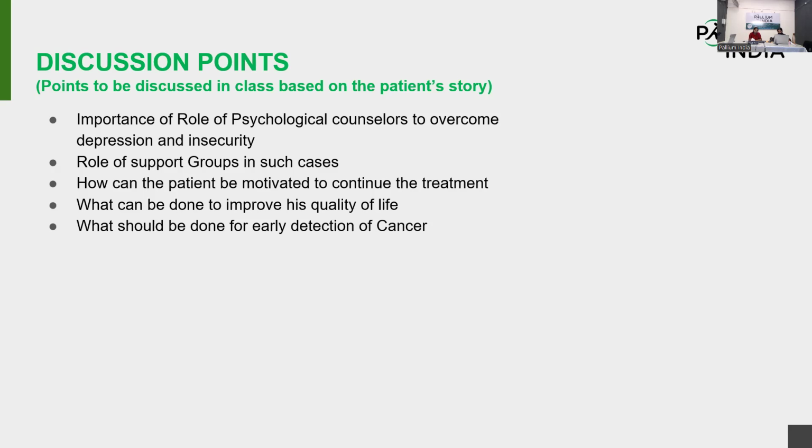I can understand that there may not be a psychiatrist on board in a team of palliative setting. At least we need a psychiatrist on call if medicines have to be prescribed. The next question is, what can be done to improve his quality of life? He was a breadwinner and now he is completely bed bound. There is no other breadwinner, and he has two children, right? We might need to rehabilitate the caregiver, that is his wife, so that the family will move on. Something has to be done at that level, so that there will be another income coming into the family.